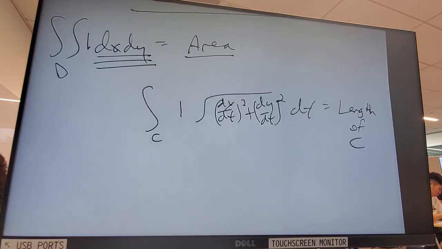If I put something else in there, then it becomes that idea of the curtain, where the height kind of changes potentially. So I'm capturing that area as I move along that snaking path, that C path. The square root business, that whole thing is kind of like dx dy. It's just a part of what needs to be there. It's sort of like rho squared sine phi in spherical. Where did that come from? It's just got to be there to make that whole thing make sense.